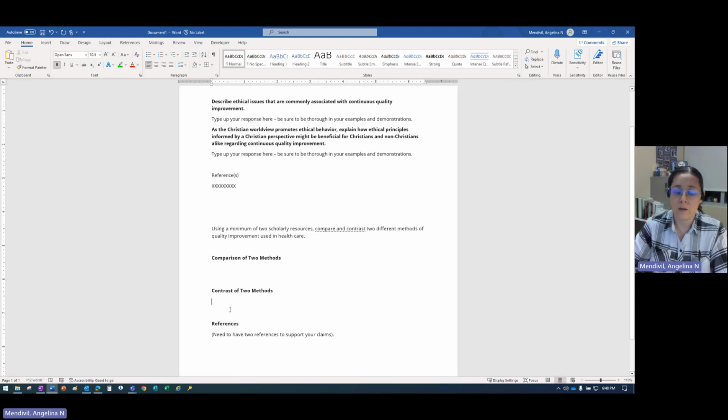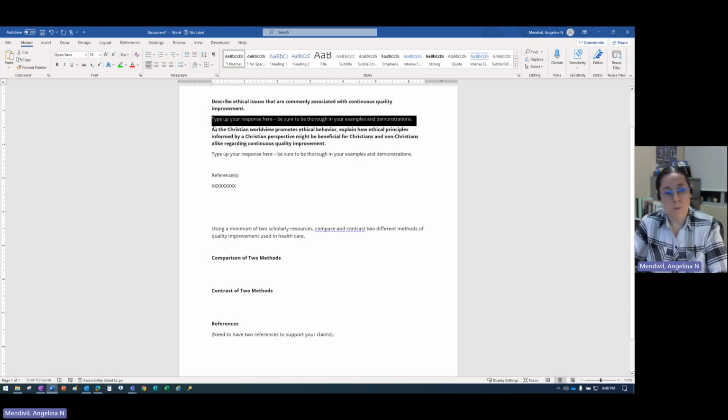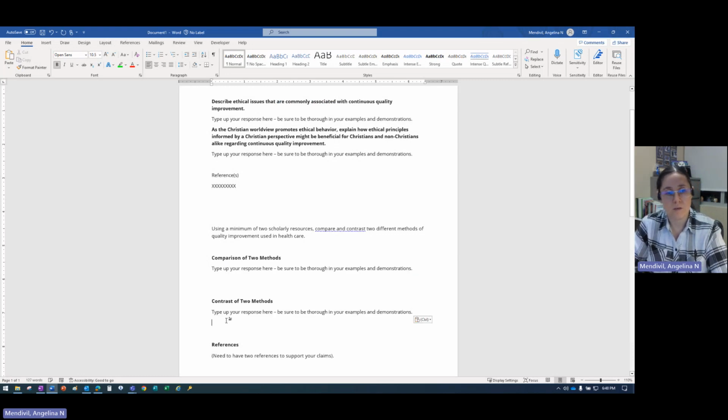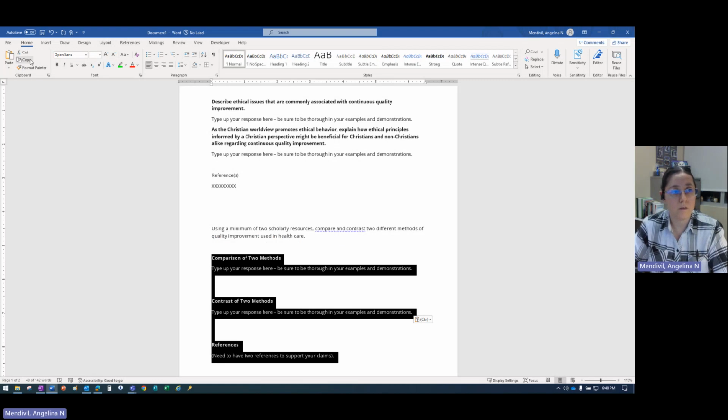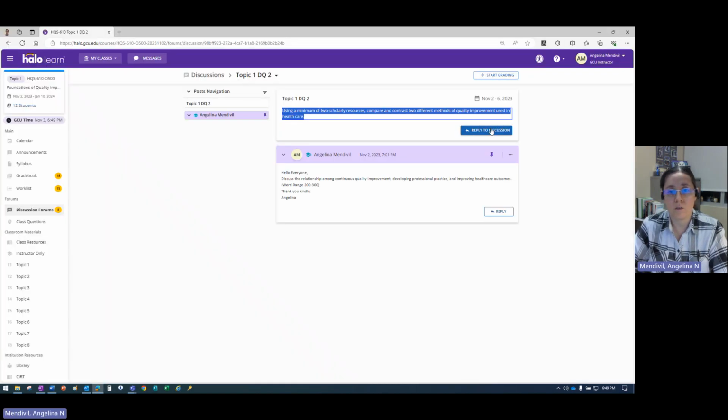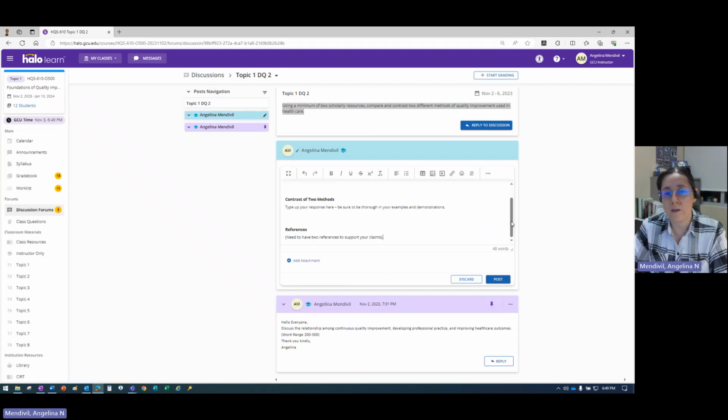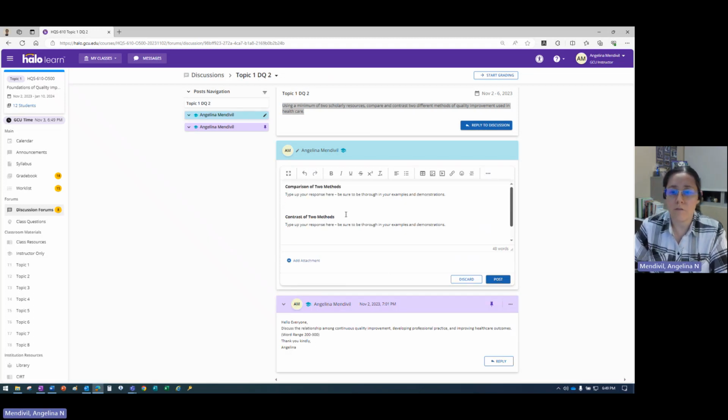It keeps the writer and you on track to make sure, again, there's no ambiguity, there's no confusion, and you're hitting everything that you need to do to understand the key elements of what the objectives are for the week, but most importantly, earn all of the points that you want to get for your assignment. So after we've typed up our narrative and our responses, we'll just go ahead and copy this and paste it in the discussion postings. I know that this is a very straightforward method, but believe it or not, not everybody knows about it. This method is a tried and true one that will keep you straight and narrow and make sure you get all your points.